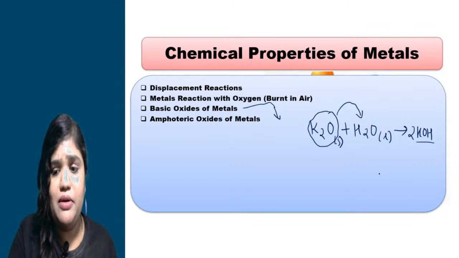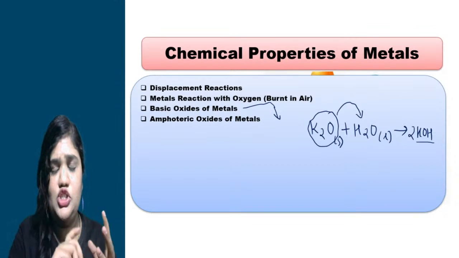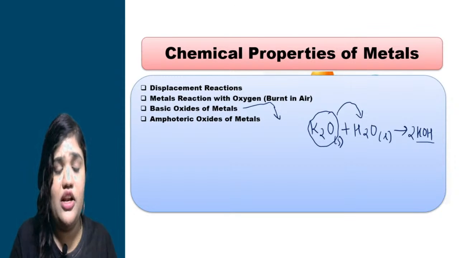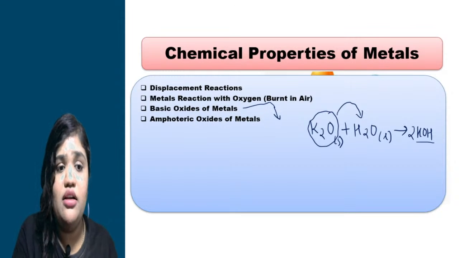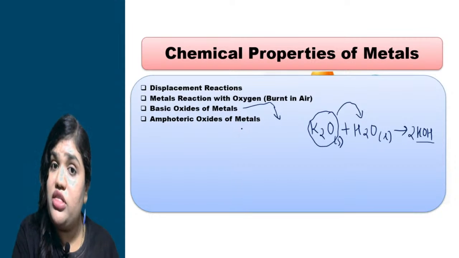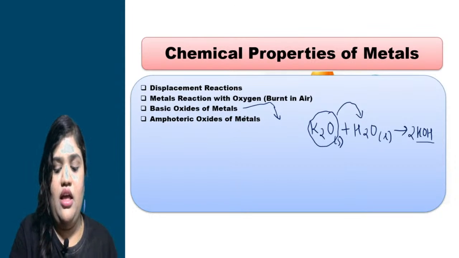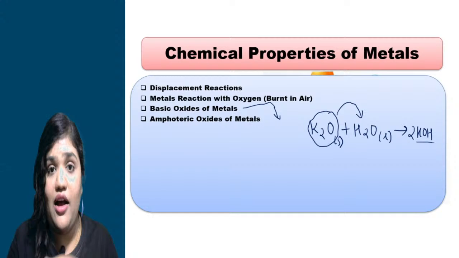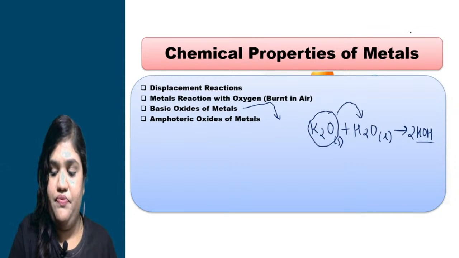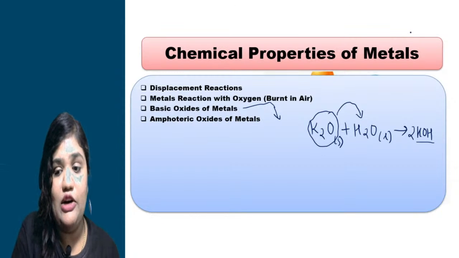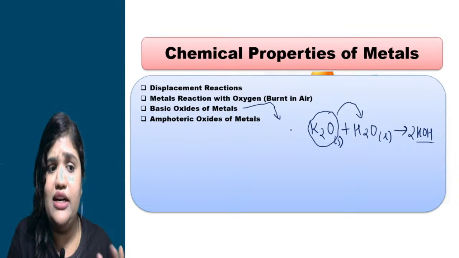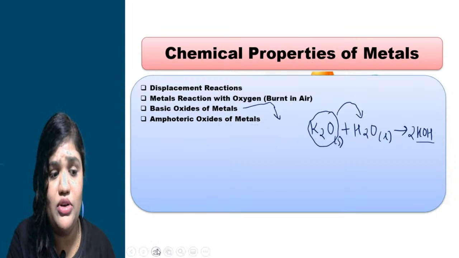Both concepts show some similarity. Amphoteric oxide and basic oxide. Generally what will happen in amphoteric oxides of metals? Metal oxides can react with both acid and base, and after that reaction there is a formation of salt and water, not hydrogen, salt and water. That kind of reaction is known as amphoteric oxide of metals. Let's discuss that, students.